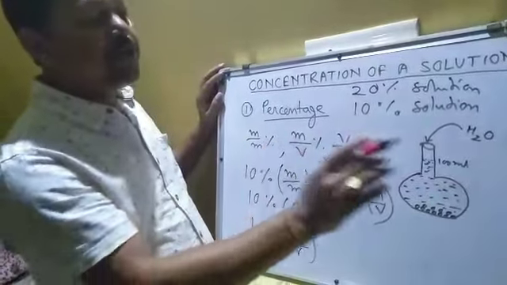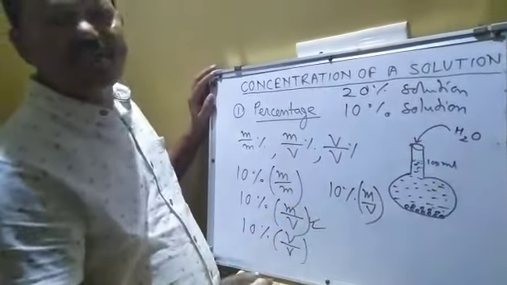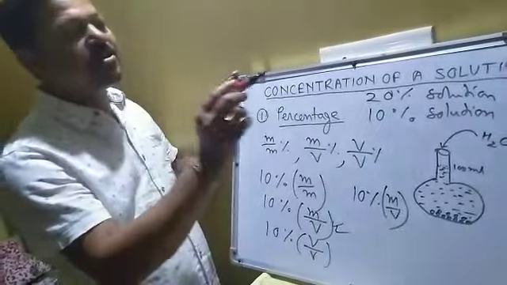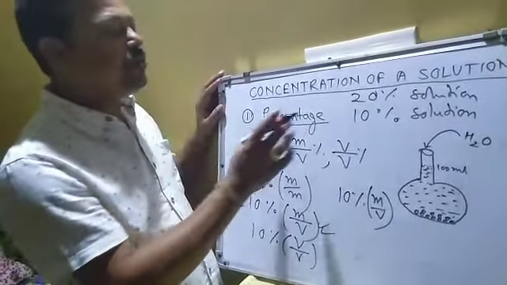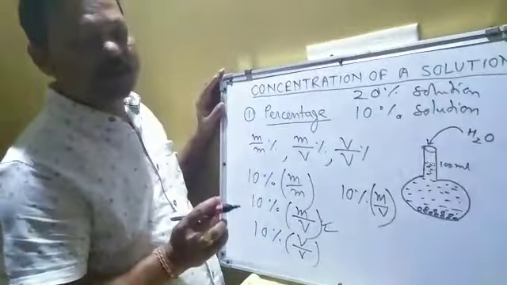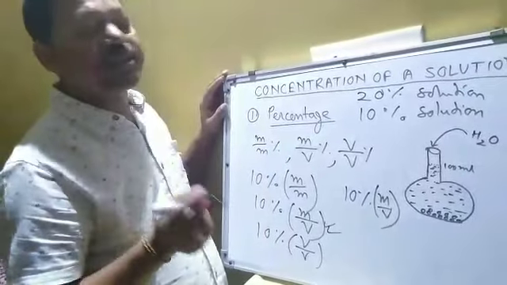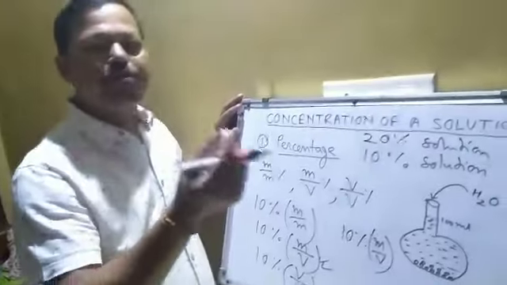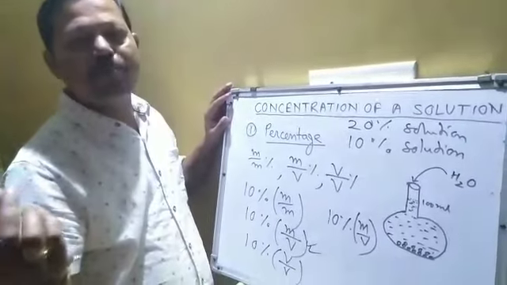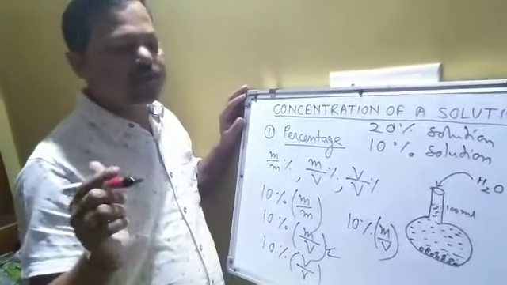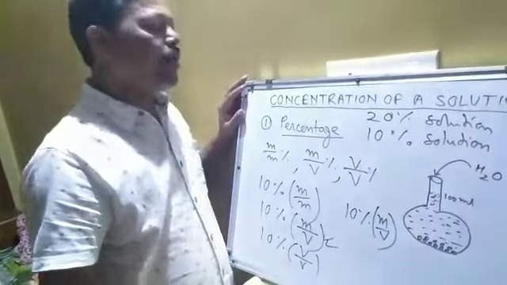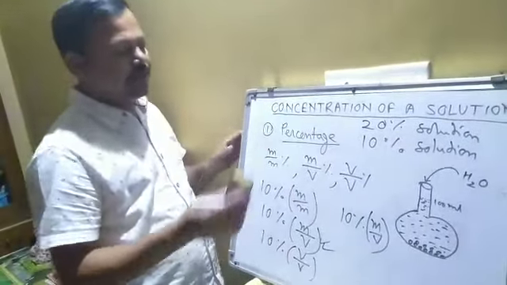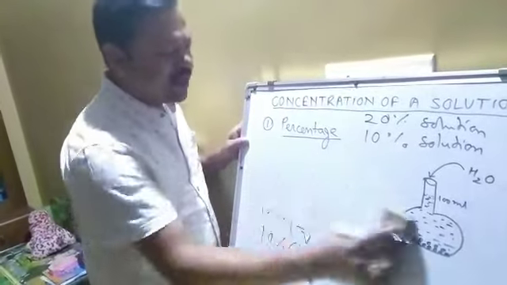And this way you can express the concentration of a solution. To express the concentration of a solution, you can use a unit, and that unit is percentage. By using percentage you can express the concentration of a solution. I have prepared a 10% solution, a 20% solution, a 5% solution. Like this, different types of solution you can prepare. So this is one of the units. Another unit,